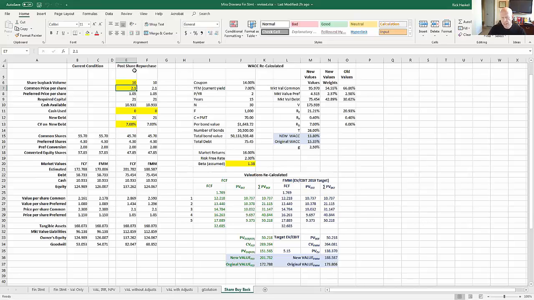I'm suggesting right here that we can buy them back at $2.10, but I'm suggesting that their market price, and you'll see that down here, was also $2.10. Oh, but that's not accurate. So the market price should be showing in at $2.30 for the common and $1.15 for the preferred. So that's going to change a couple of little things here for us, not a lot though. But I'm saying we're buying them back at $2.10.